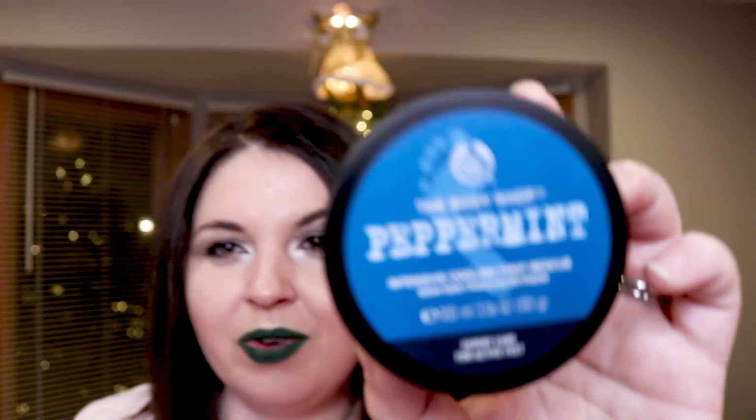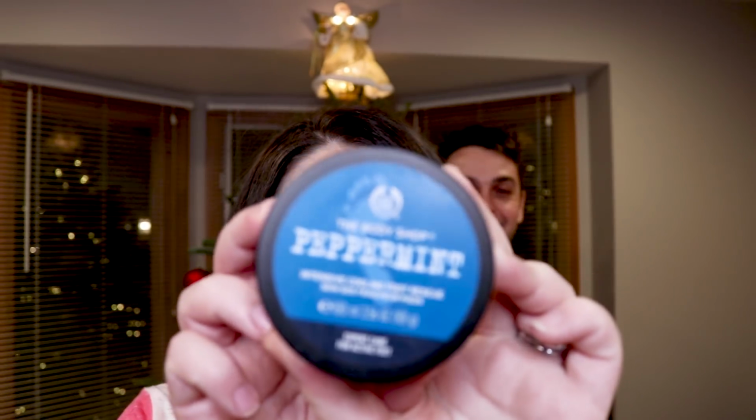So, the last piece with this is of course you have to have peppermint foot cream. Oh, excuse me, there you go. I really love this stuff. If you love peppermint, you're going to love this stuff anyway. But it is like this intensive...